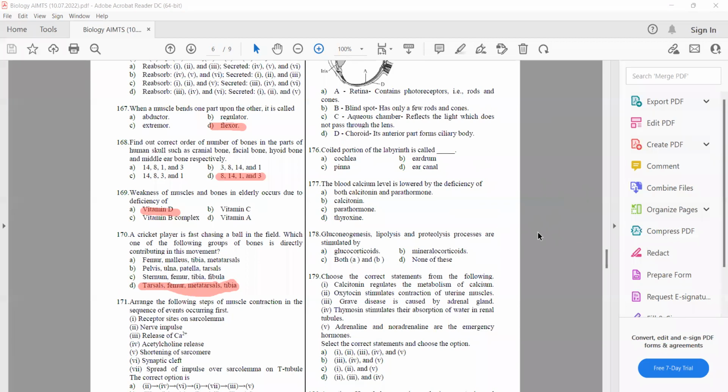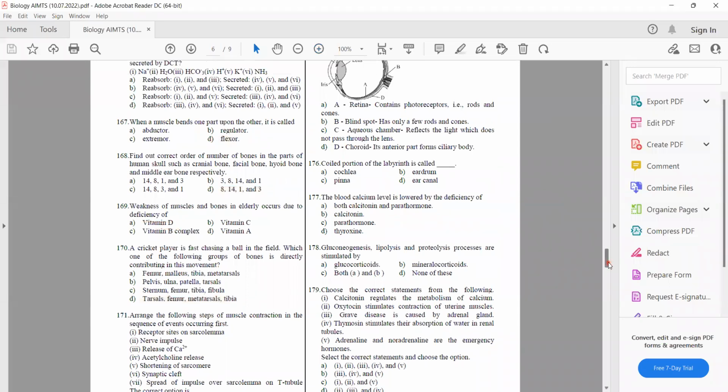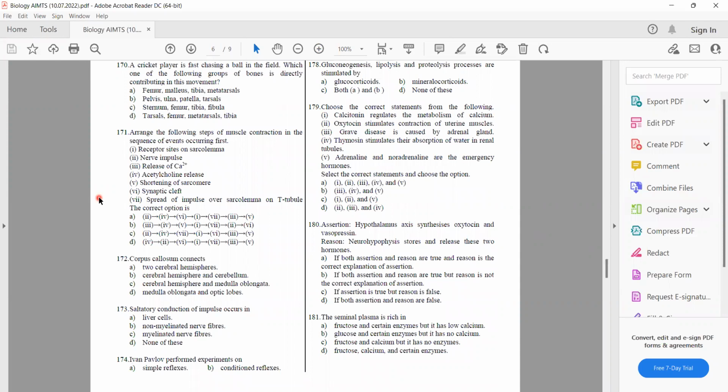So we are supposed to arrange the muscle contraction events. So first one will be nerve impulse. Right? So nerve impulse will be generated. So once the nerve impulse is generated, it automatically releases the acetylcholine. Right? So that acetylcholine reaches the